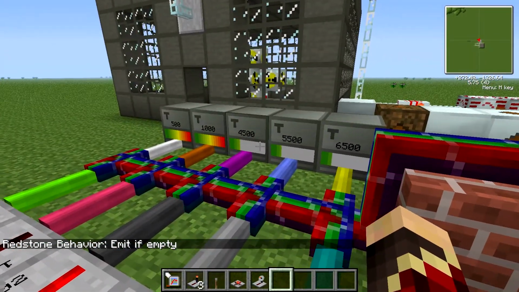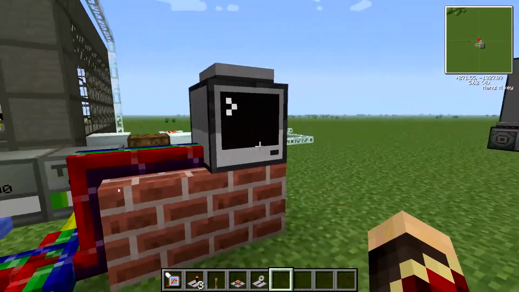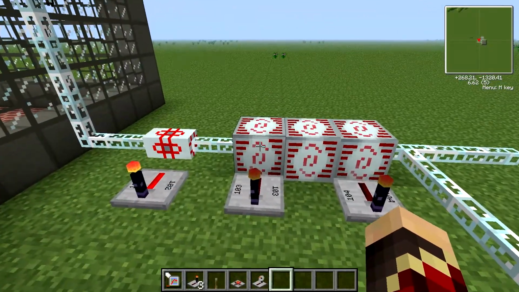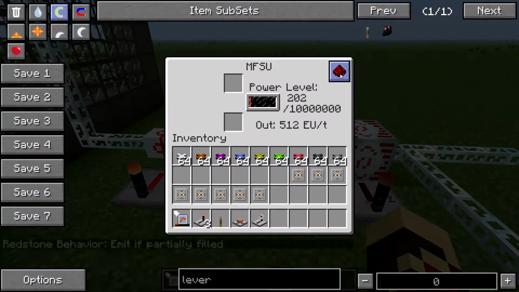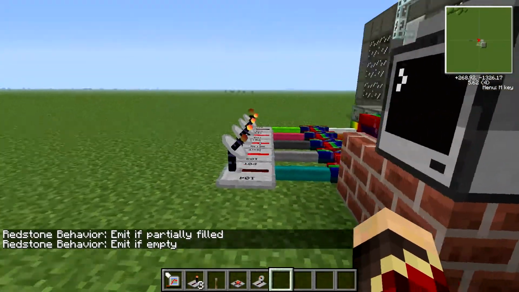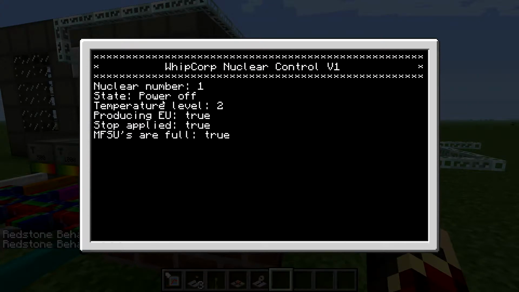Okay, so now it's up to temperature level 2, is it? Yes, and it's running. Let's now say that this one turns full. Emits if it's empty, and it'll turn off. And it says power off. This one will have the same issue, I believe, when it goes all the way down. No, it will not, because the power off will actually stay on as long as it tries to turn it